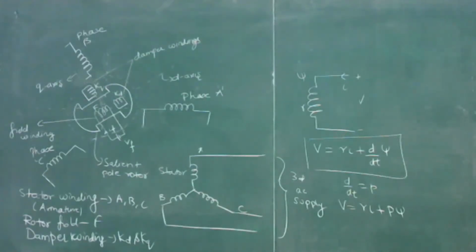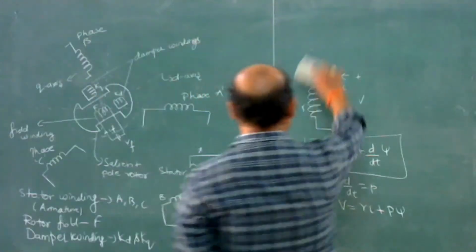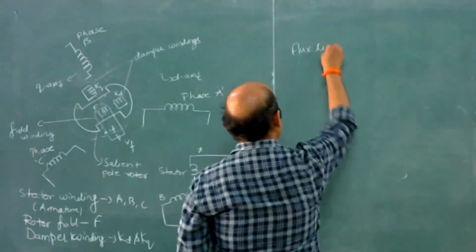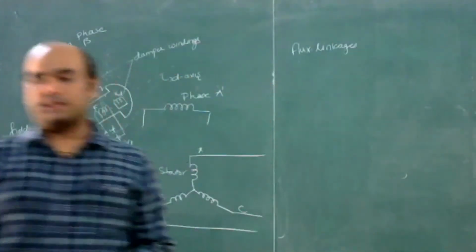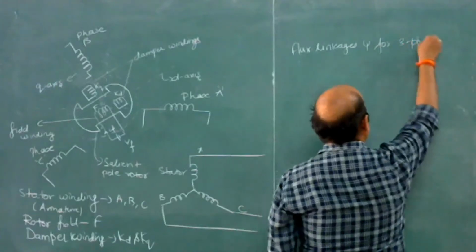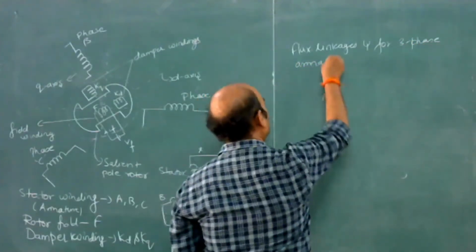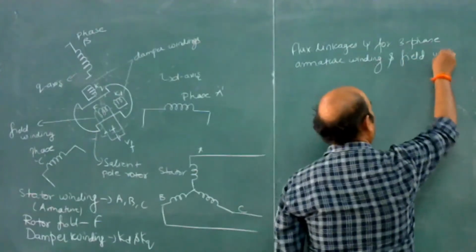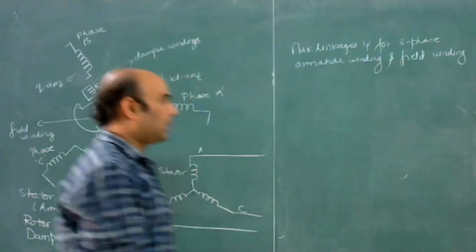So now we draw the matrix. The flux linkage psi of the three-phase armature winding and the field winding is given by